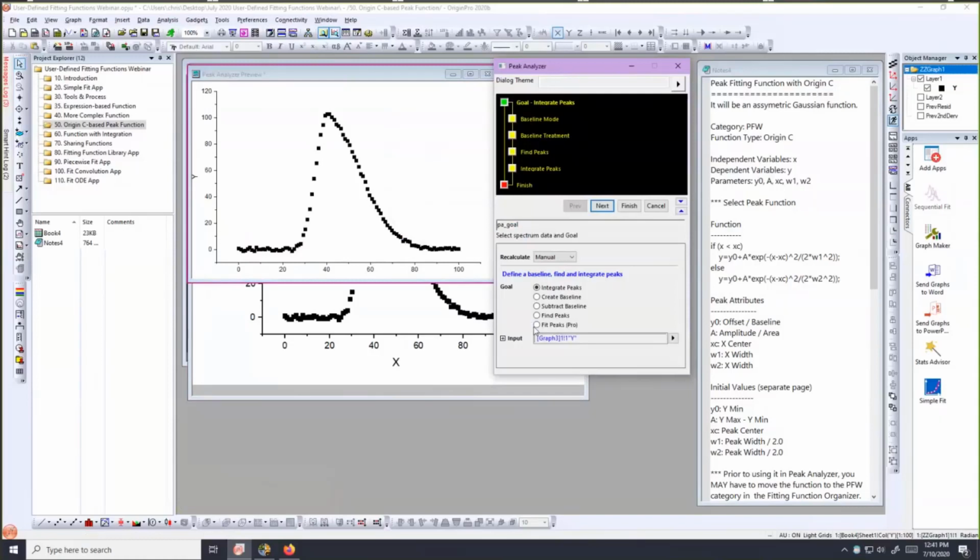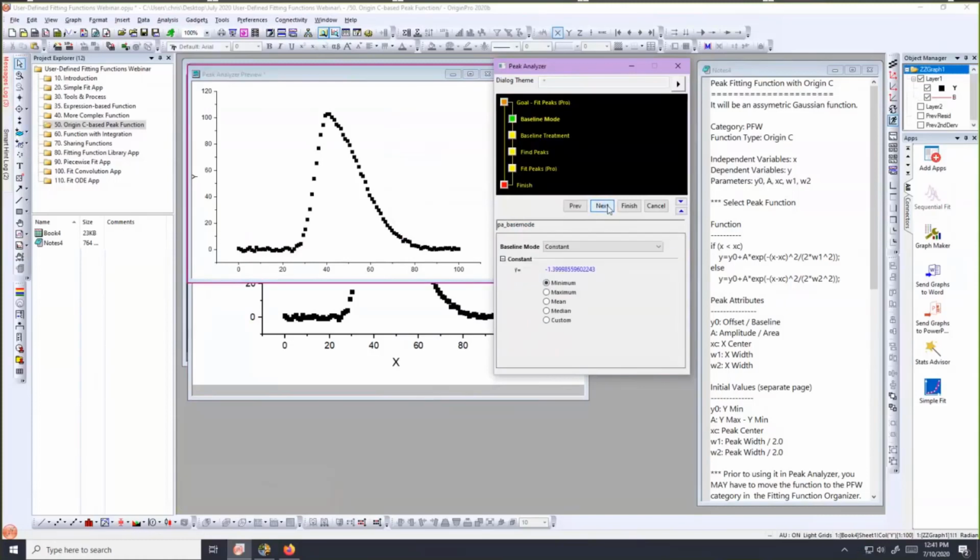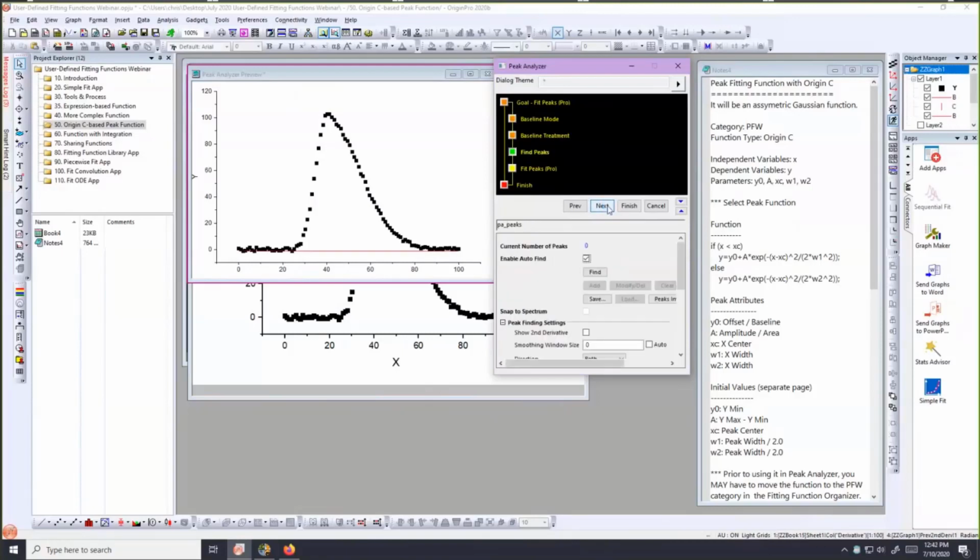So we're going to decide to fit our peaks. I'll click next. We're just going to accept some default values because we're more focused on the function. So we're going to accept the default baseline. We're going to leave these settings default. We're going to let Origin find the peak center. There is only one. Our little symbol there is a block shape. It should be square, but it's a block shape, but that's okay. We can click next, and we'll get to the page where we can get to our